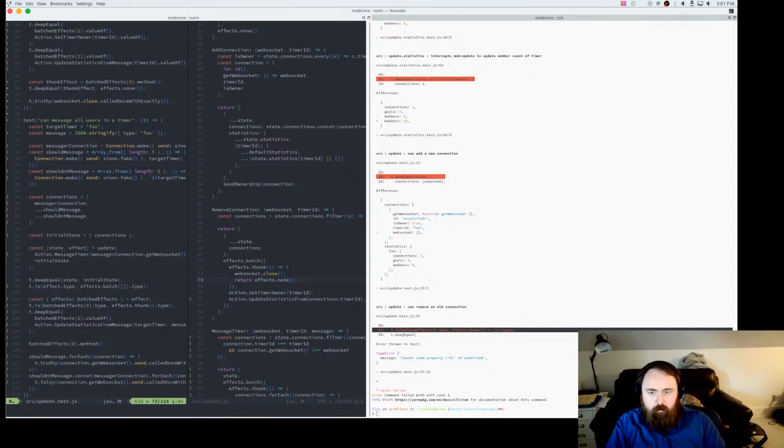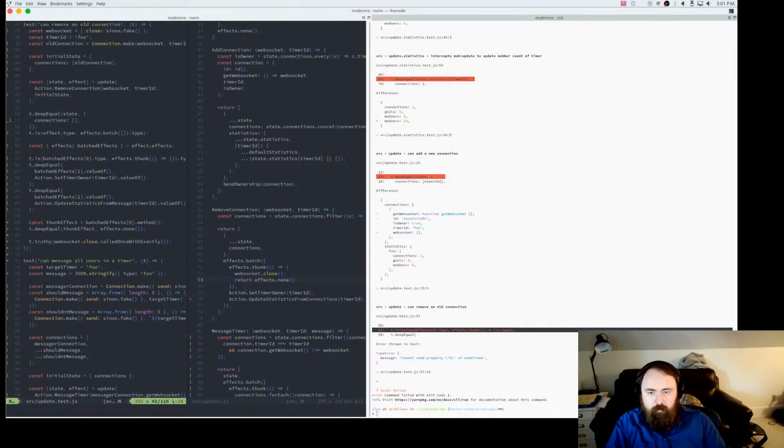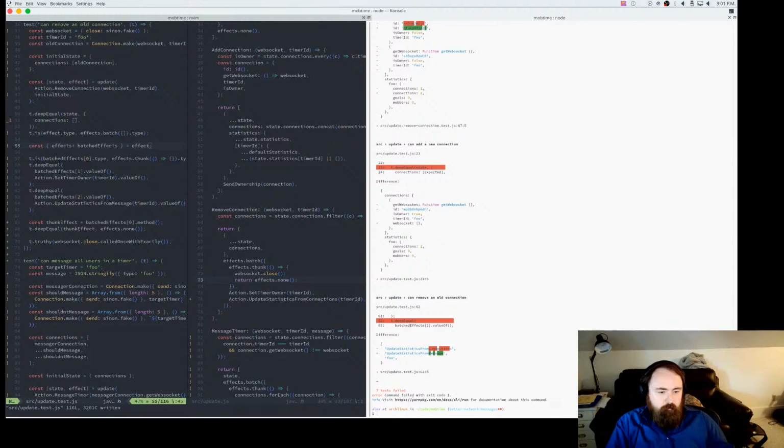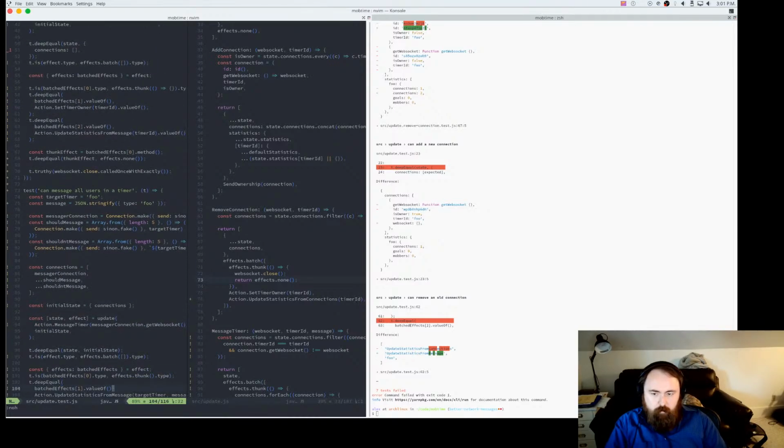Effects is back. Oh, did I flip the two? Am I destructured? Oh, I did a dot effects and a weird destructure at the same time. Cool. Okay, and did I pick the wrong thing for remove? Oh yeah, that should be from connections.